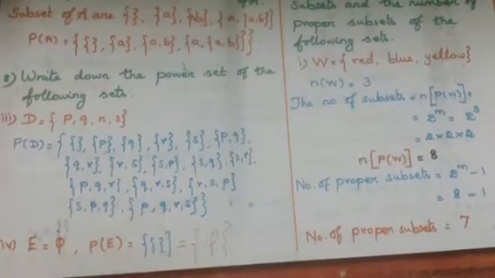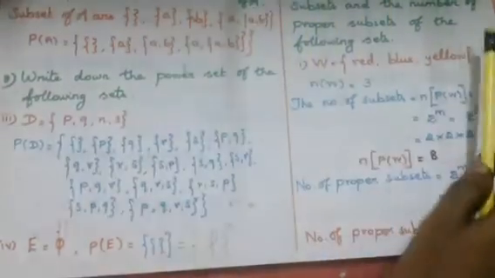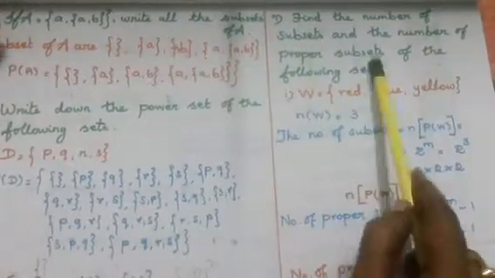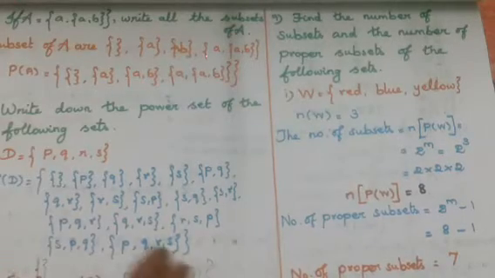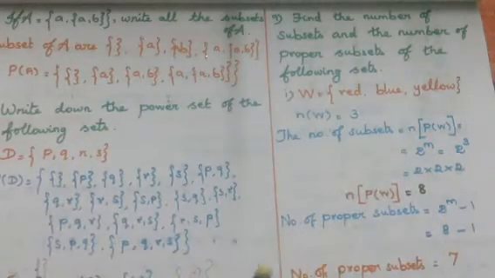Okay, power set. Next, find the number of subsets and the number of proper subsets. What is a subset and what is a proper subset? First we know, subset means we write all the sets: first the empty set, then singleton sets, then double element sets, then